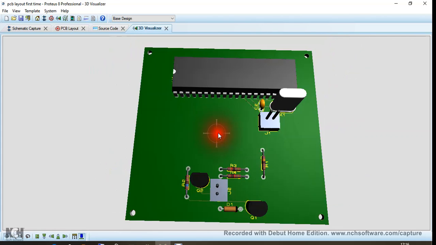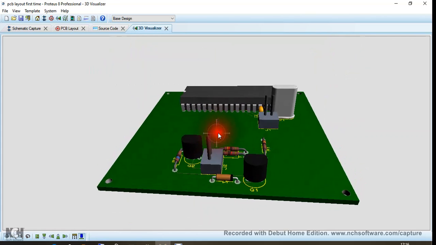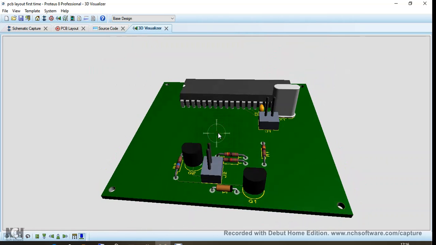So then the circuit is complete and everything is perfect. Now you're done. You can then save your